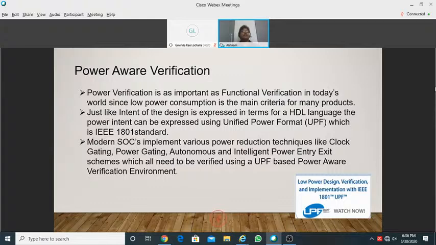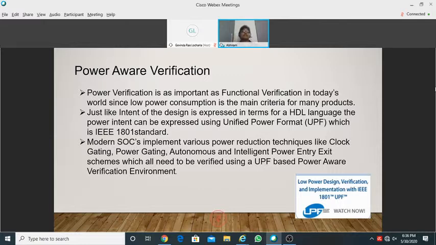If your design is very sensitive to power, you need to have your design with this Unified Power Format, so that all the power related descriptions are done properly